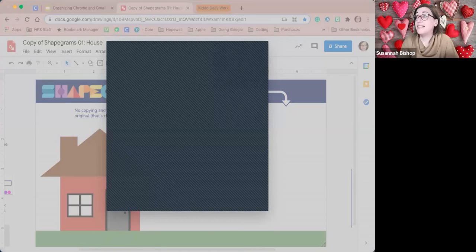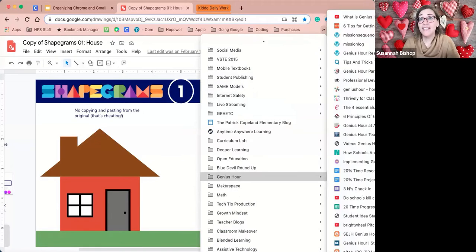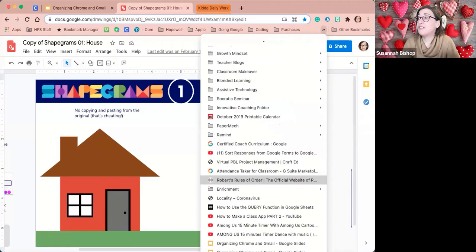When that new folder is selected, so it's highlighted, and then I just click save. Easy peasy. Now, if you're like me, you have a ton. It looks like I'm organized. It really does. But if you look down, I have a ton of things that have not been sorted. So what I can do,